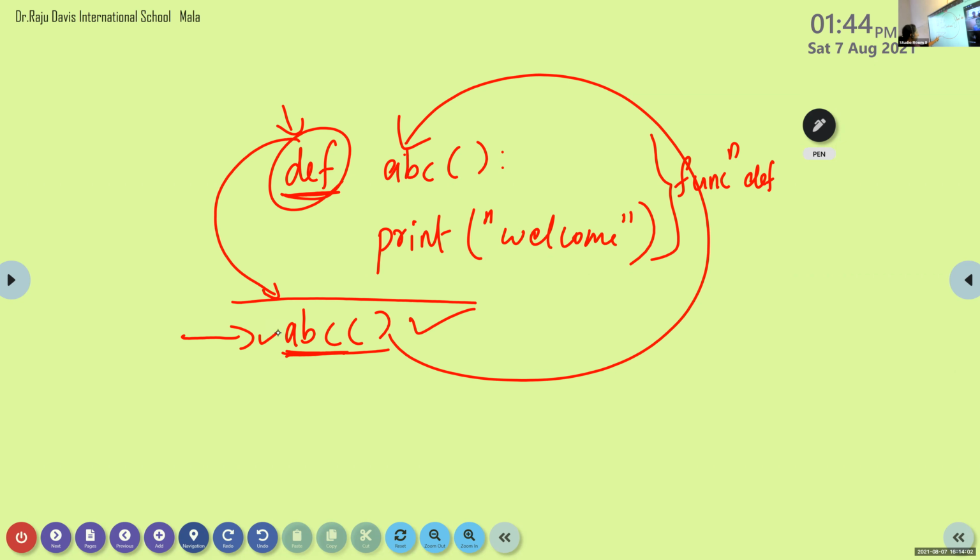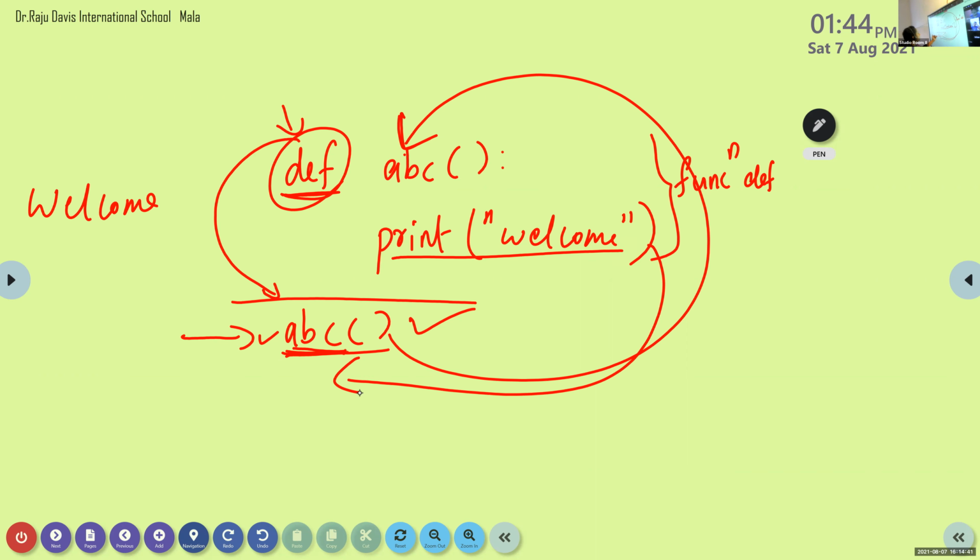After executing it, which statement comes next? Control moves to the function definition, then it will execute the function body. What is the function body? It is print welcome. So it will print welcome. Then the control again moves back to the main program and it will end the program.